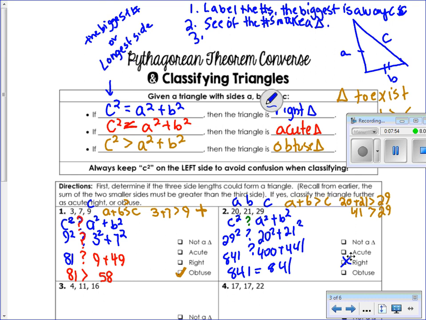Number 3, test the converse theorem. So just check to see which inequality works. Okay? So go ahead and do the rest of the page. It's good practice. It'll help you on